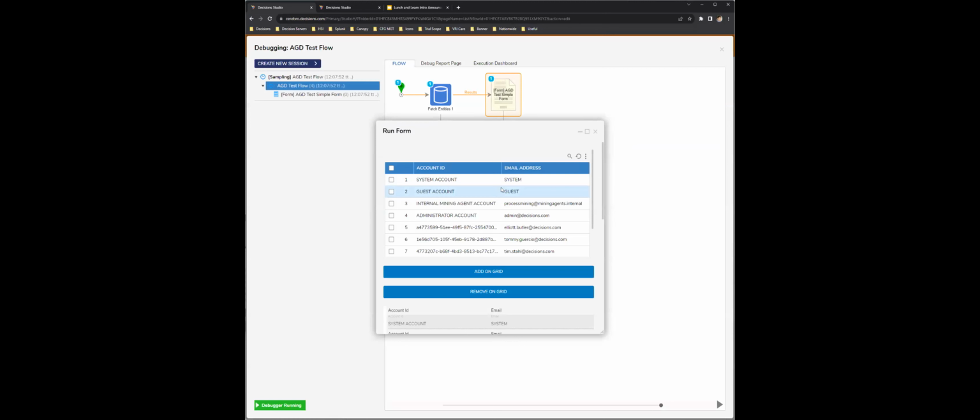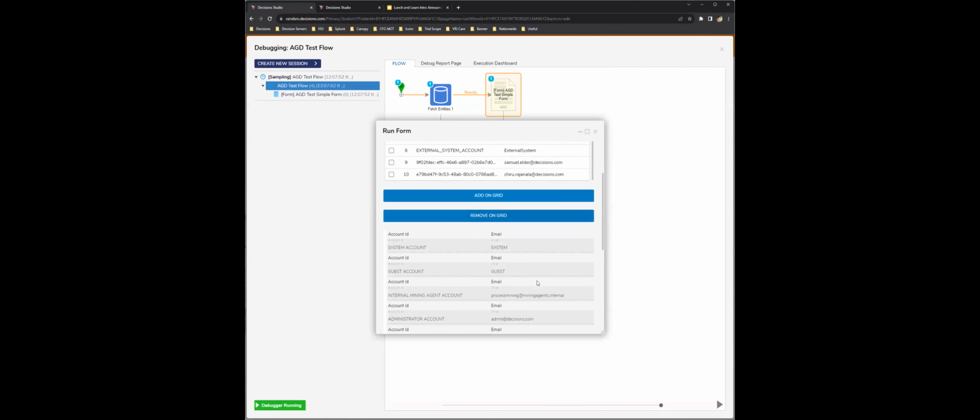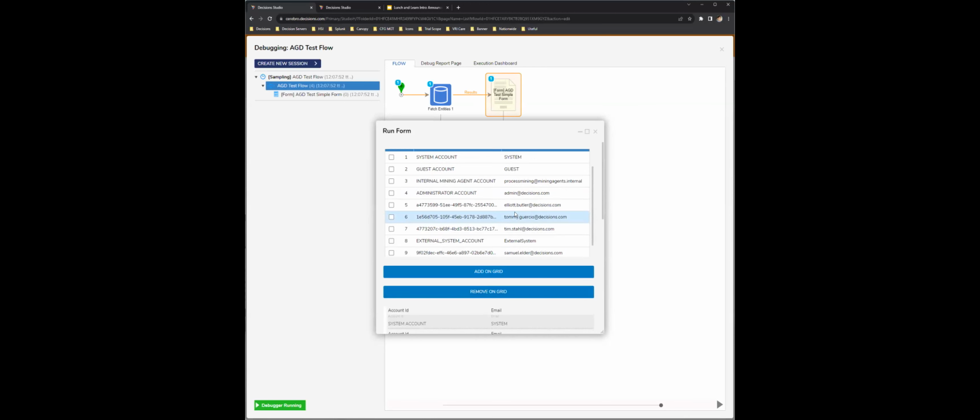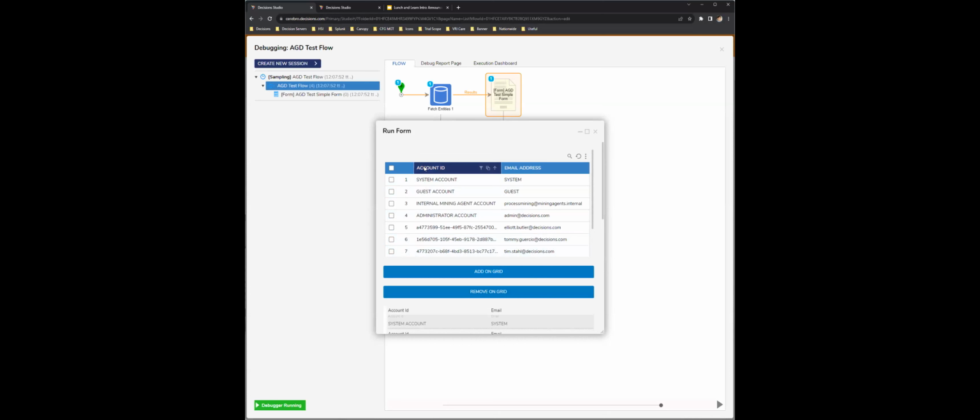And then the data repeater, like you were saying, allows us to have a little bit more customization in how we want to display that same data. So above and below, we're seeing account ID and email address on our data grid.